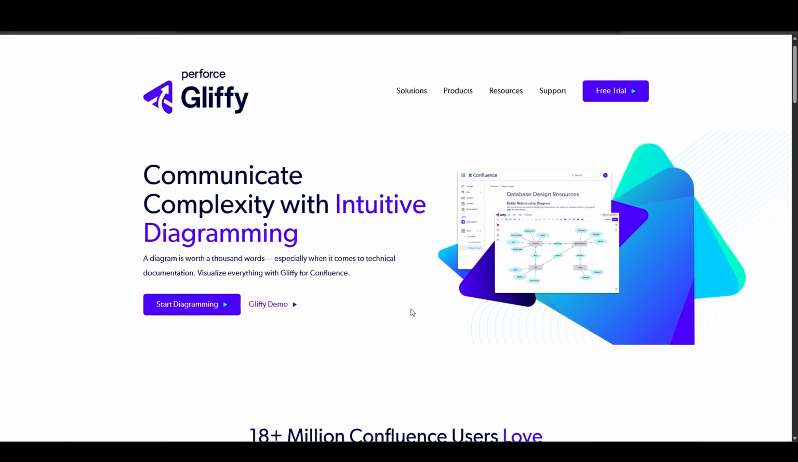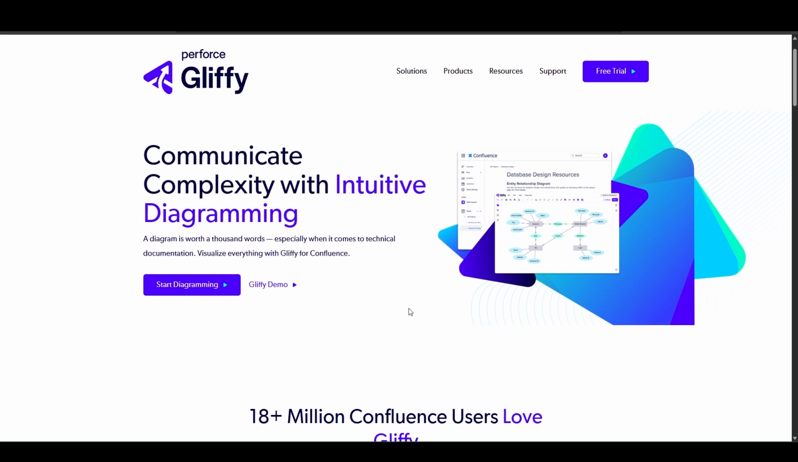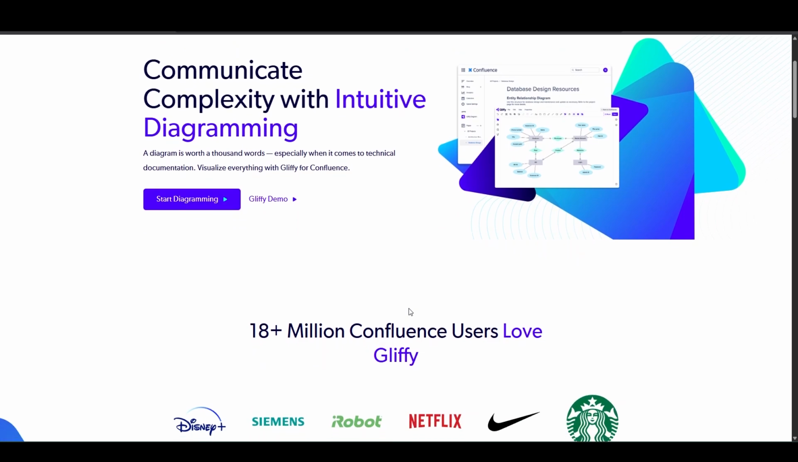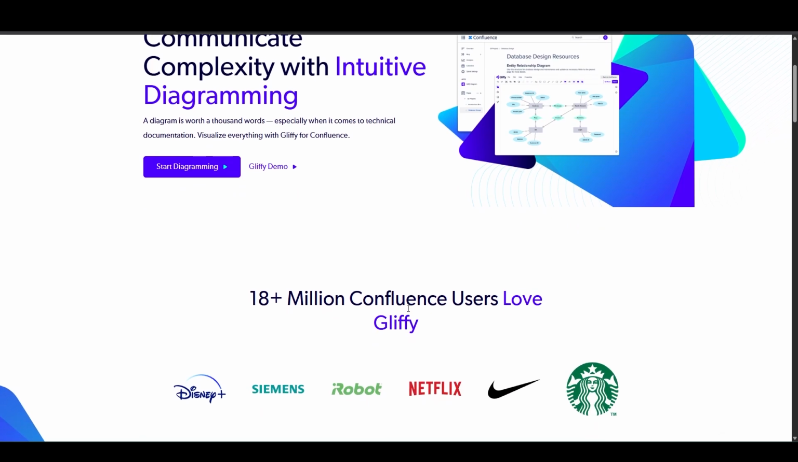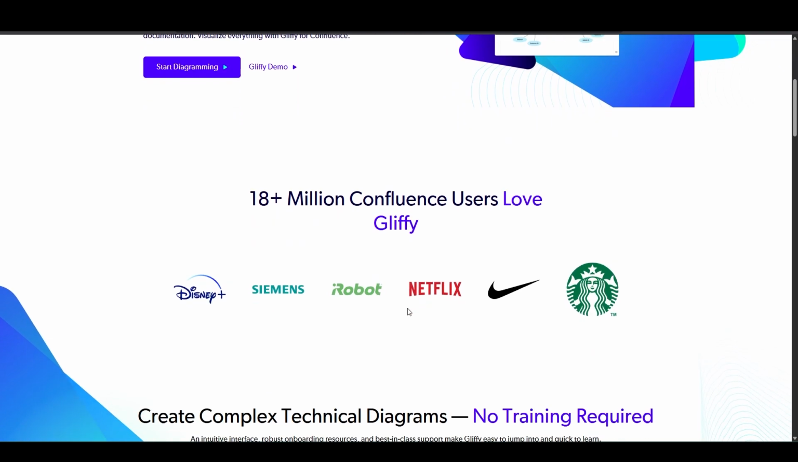Hi everyone. Today we are diving into Gliffy, a powerful diagramming and visual collaboration tool designed to help you create flowcharts, wireframes, network diagrams, and more. Whether you are a student, project manager, developer, or business owner, this video will show you how to master Gliffy